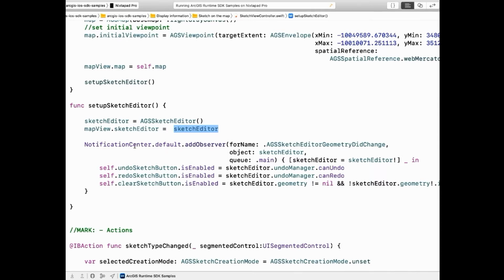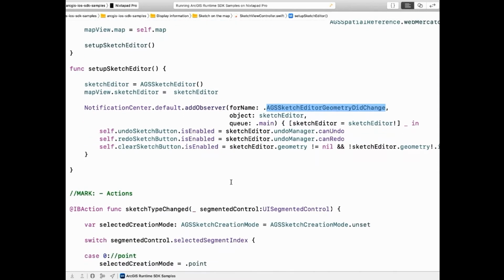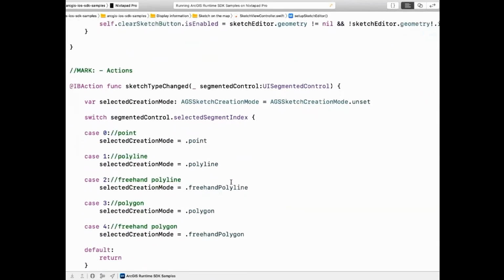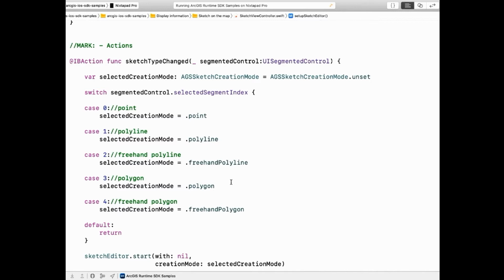It's just handled in here. So we set up an observer for when the sketch editor's geometry changed, and we just update the UI based off that. And that's all it is really. Create a sketch editor, add it to the map view, and make sure you're observing it for whatever you need to. Then in the UI, when I tap the different types of geometry that I wanted to add,